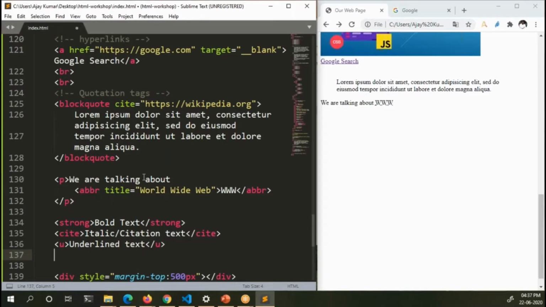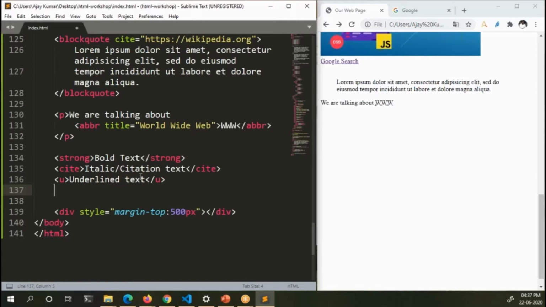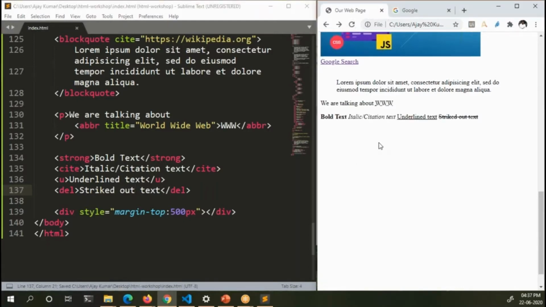And for example, if you want to create a strike through, you can use del, strike out text. So let us refresh and see what these will do.